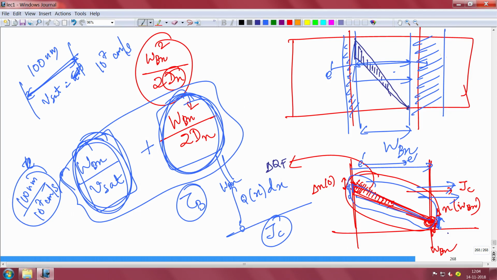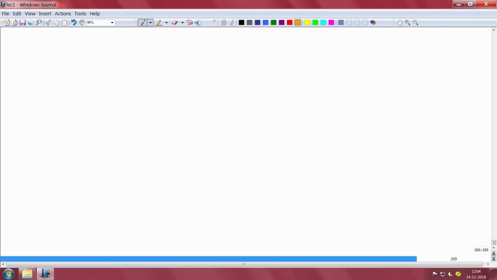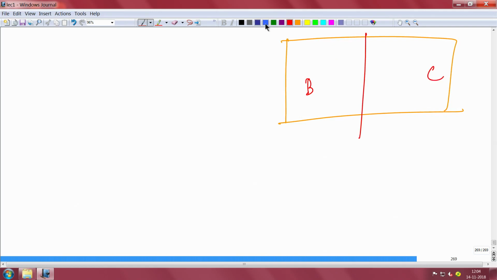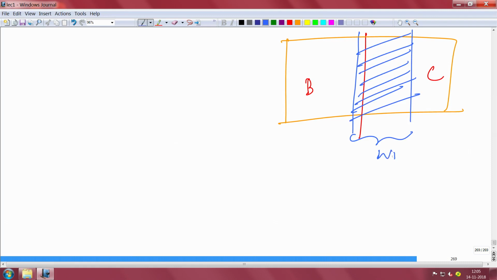You see, this collector will charge and discharge, so there will be two delays associated with that. If I only draw the base collector, this is base, this is collector, there will be a small depletion of the base because the base is higher compared to the collector. This is the base collector depletion region, and this entire thickness is WBC. So the capacitance associated with the base collector is epsilon S epsilon naught by WBC. This is normalized capacitance, so this is farad per centimeter square.